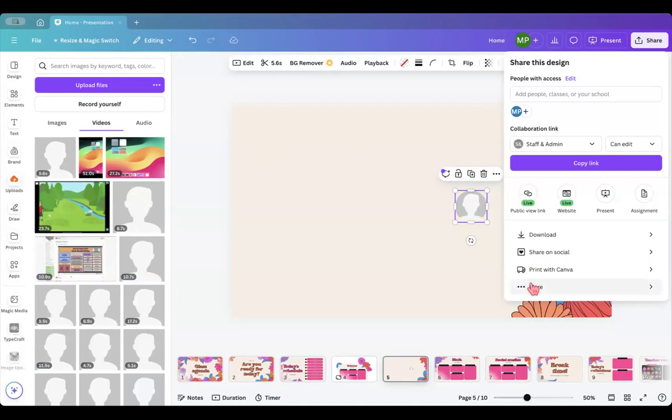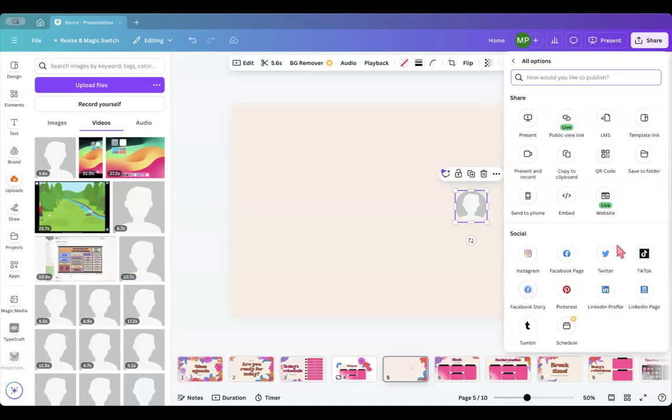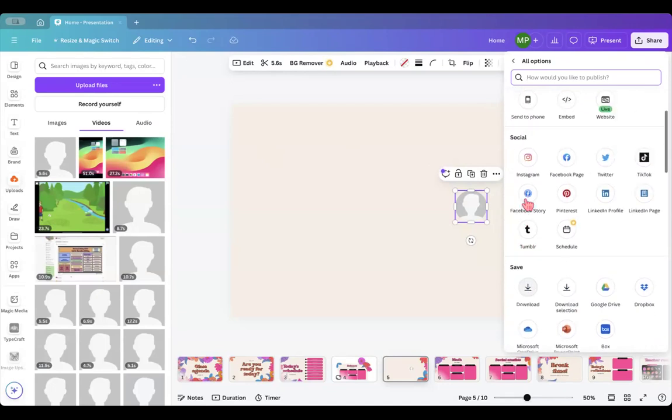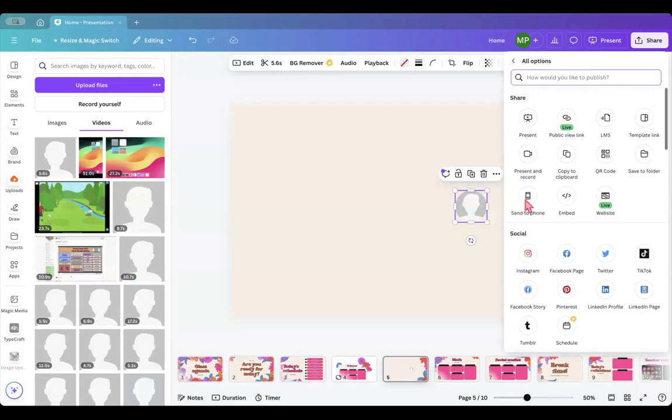Under share, you've also got options to download anything that you need to, and you can create QR codes. Can you share? Yes, you could use the website option to share in Schoology or Parent Square. That would be a great way to get links through those two places. Speaking of Schoology,